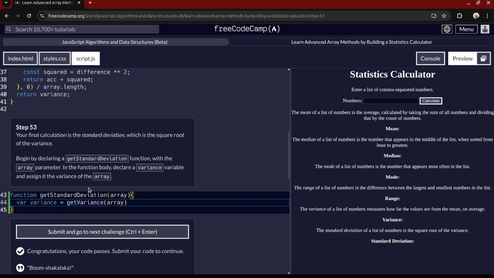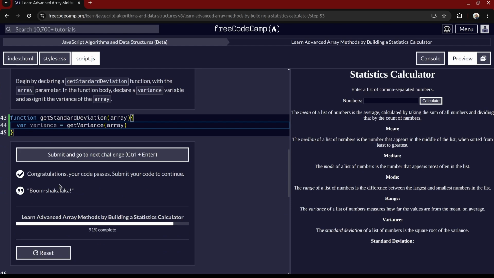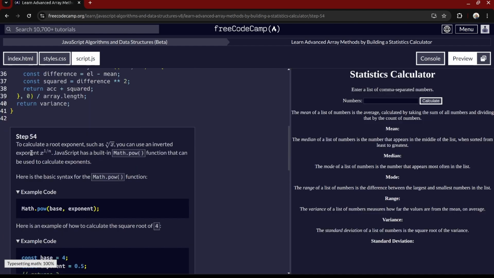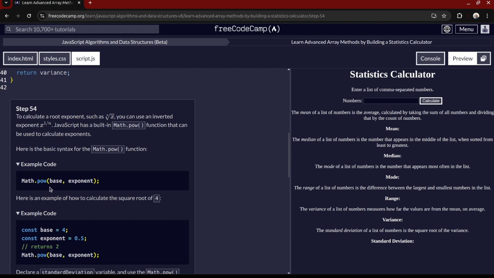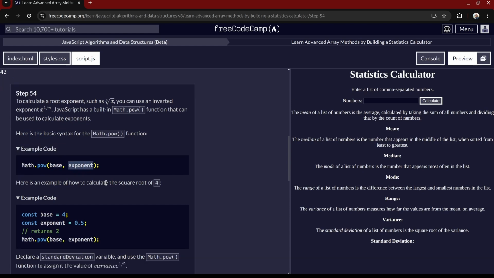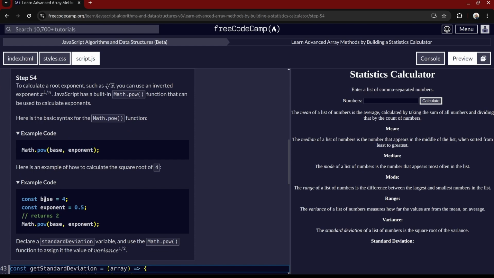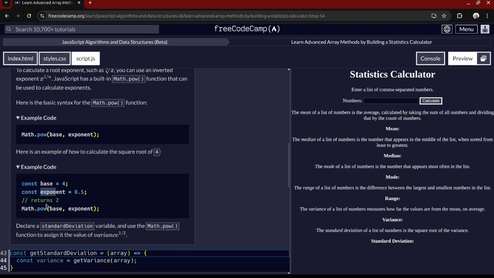So let's go ahead. Step 54. Calculate the root of exponents such as the root of x. You can use an inverted exponent, which is x to the power 1 by n, which JavaScript has a built-in power function that can be used to calculate exponents. So here is the pre-calculated. So we will use this exponent, and an example of how to calculate the root. So this is for exponent 0.5. So it will return 2,